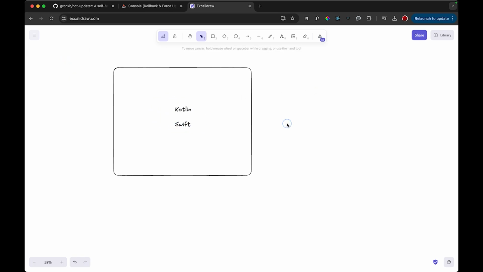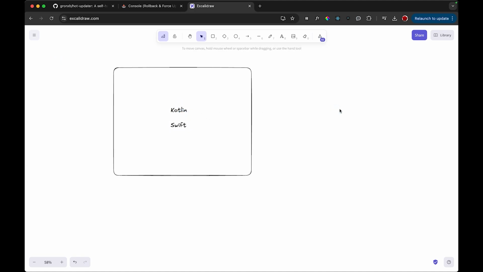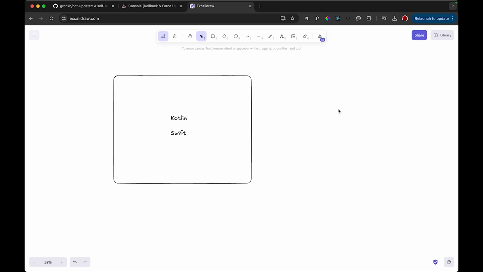So here there is no concept, according to me, called hot update or over-the-air updates. Why? Because by the rules of both the Android and iOS stores, you cannot update the native code over the air. And literally, there is no way to update it as well. According to my own knowledge, there's no way to update it. But in React Native,